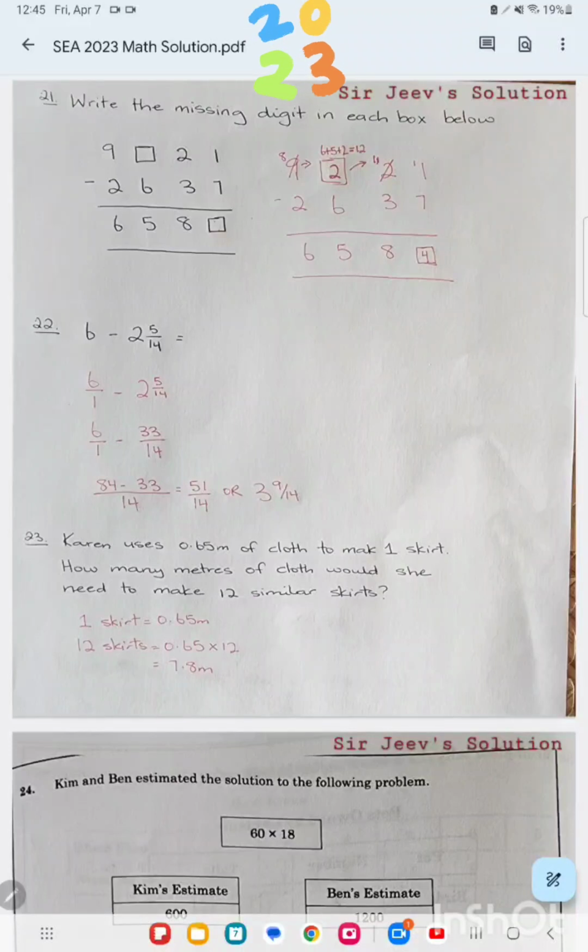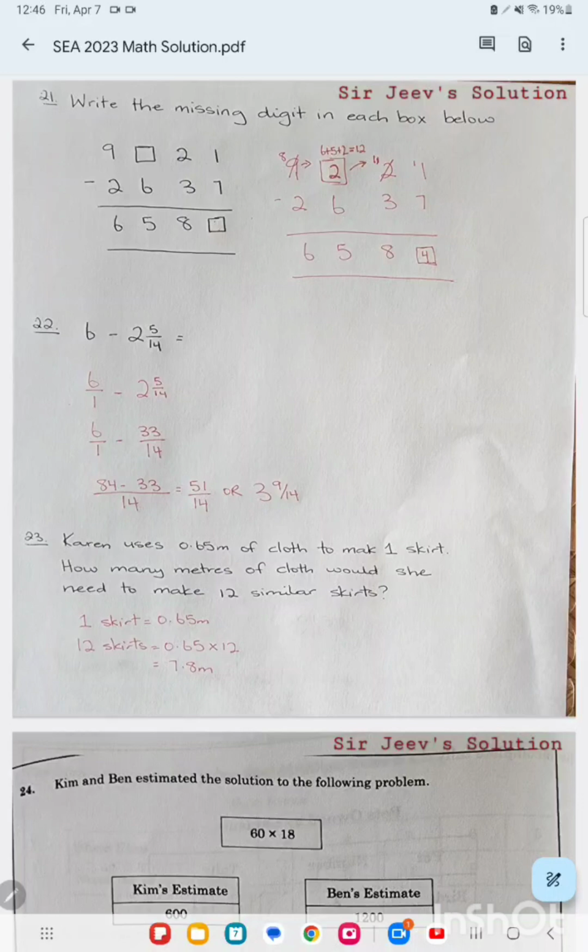Alright, so SCA 2023 mathematics solution. This is the solution for section 2. Starting with number 21, they said write the missing digit in each box below. Given these numbers here, we know that some number